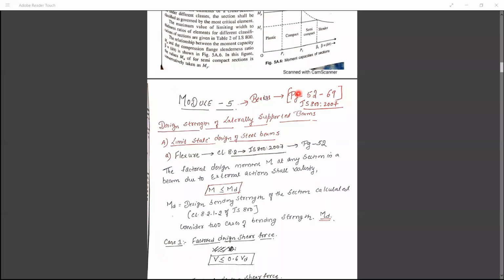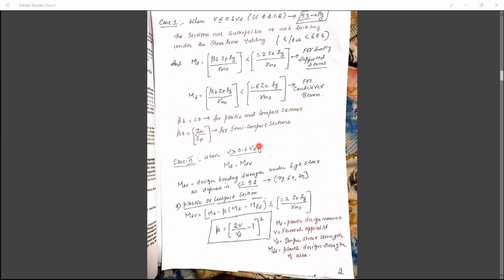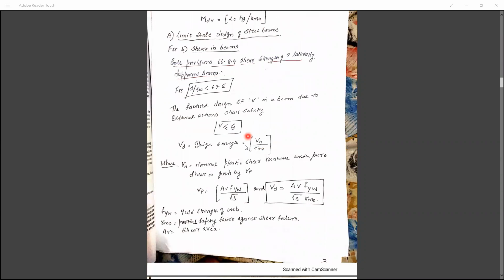You need not remember this formula. All the formulas are given in the code book. Just remember the page numbers from 52 to 69. If you go through these pages once, you can definitely remember the formulas, and these designs are also very simple. The steps are a little bit longer, but there is no need to get into a dilemma about whether we need to solve these problems or not. Just understand the steps, the criteria, and what needs to be considered.